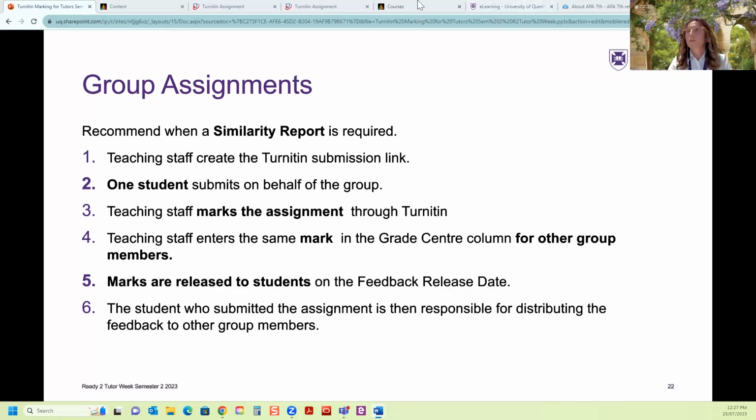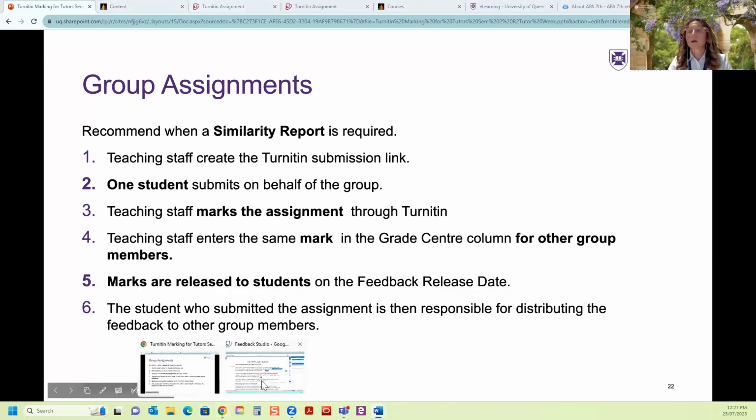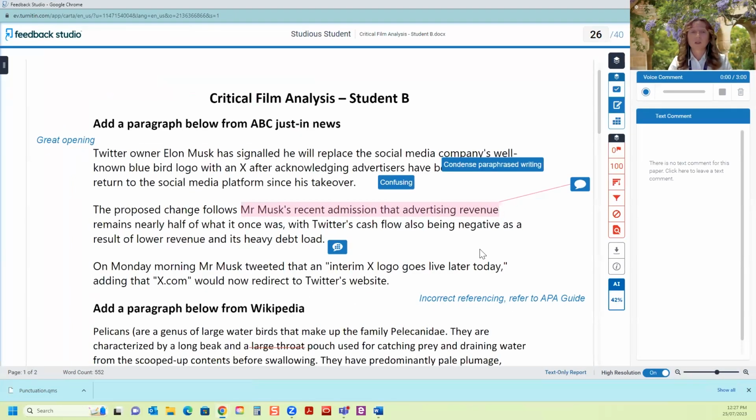So now that's pretty much the marking in Turnitin, the marking features. We're just going to quickly look at what happens after we mark. So once we leave the studio, once we've submitted students' marks,